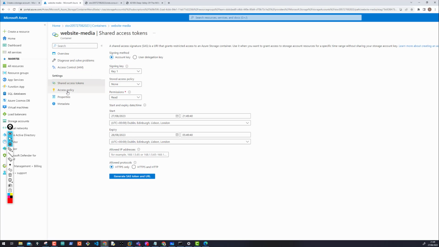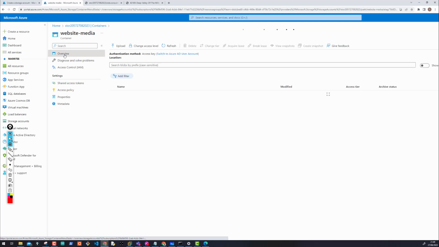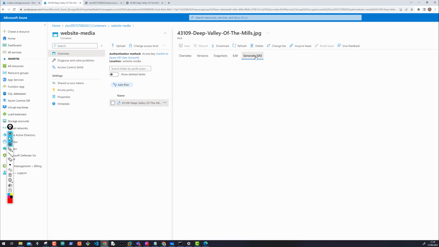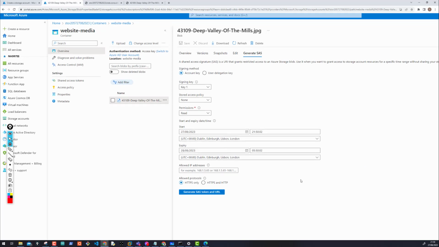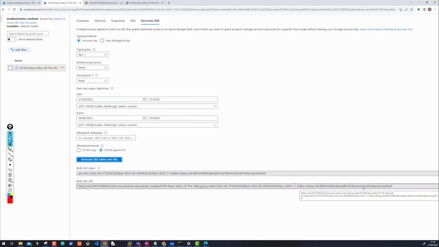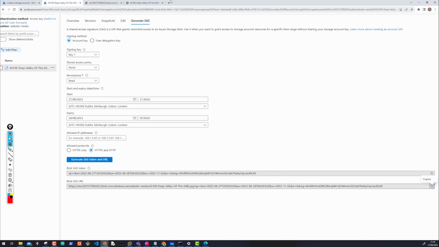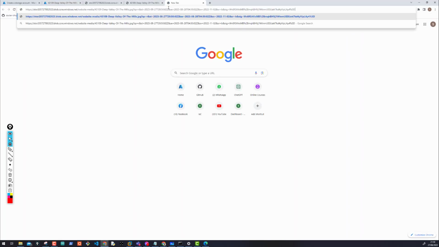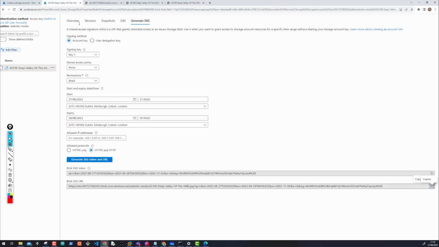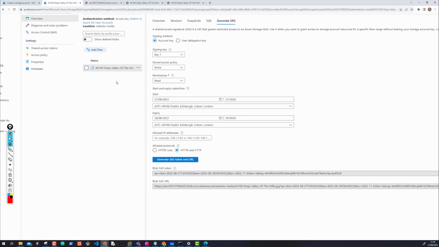When I go into the container, in the container I have this file. So click on the file, then I will generate access to the file. Come into generate SAS, and I say I want you to generate a file for me on either HTTP or HTTPS. Click on that, then I copy. When I copy, I go over here, paste, and then we have our image. So the file you want to view, you target those files, that folder, and then you create